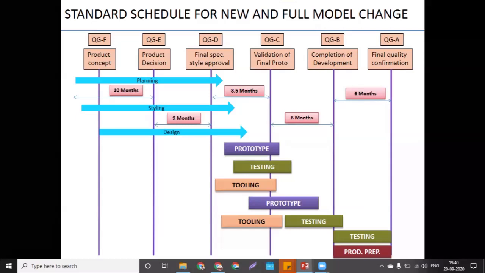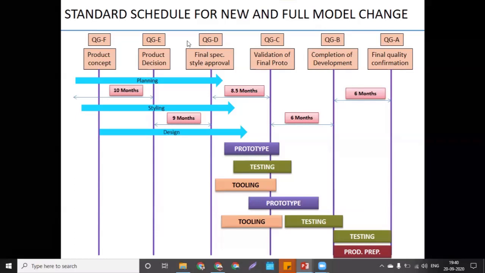The quality gates are guidance and a control instrument for the board of management of any OEM and across all the cross functional teams. It will mark the beginning and the end of the main steps of the product development cycle. Means in each and every gate there will be a beginning and an end.